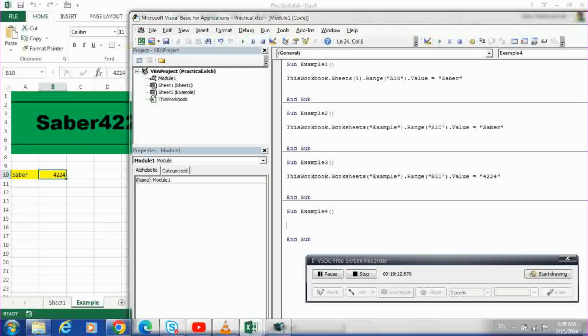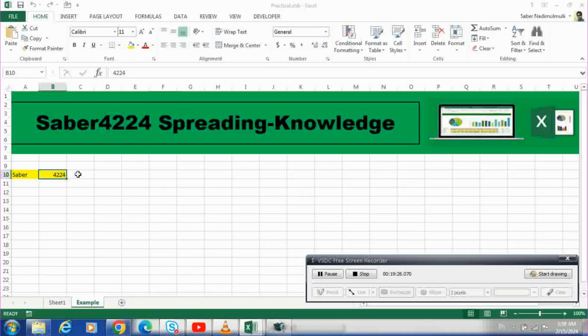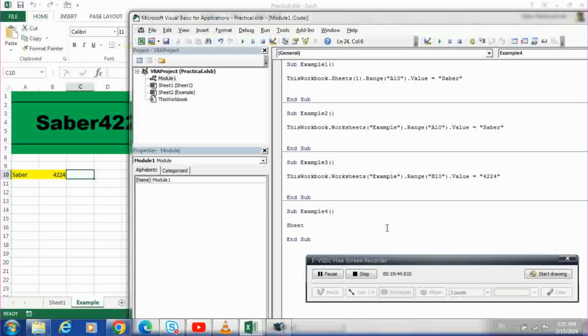So Sheet4, Sheet2, sorry. I just want to write here Sabir 4224 spreading. So I'm referring to the example sheet and cell C10. Okay, so Sheet2